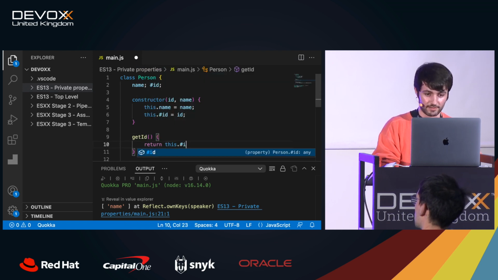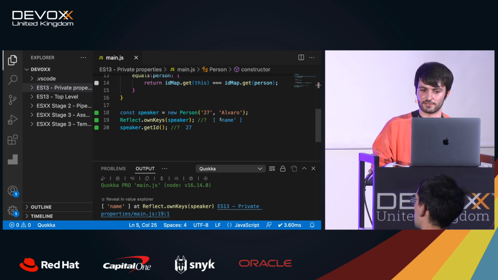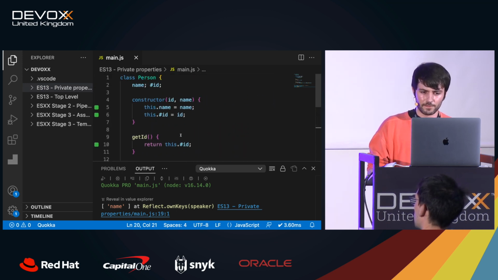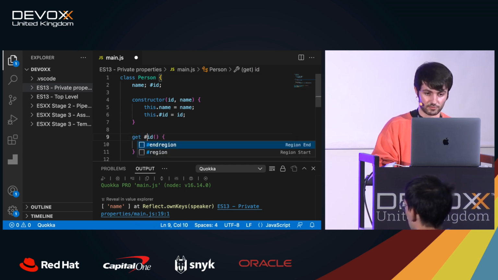Notice how you no longer need any WeakMaps. There are a few caveats that we are going to cover, but for now, if I save and refresh, you can see how getID is still working, right? You can also define private getters, like this would be the private getter of ID.